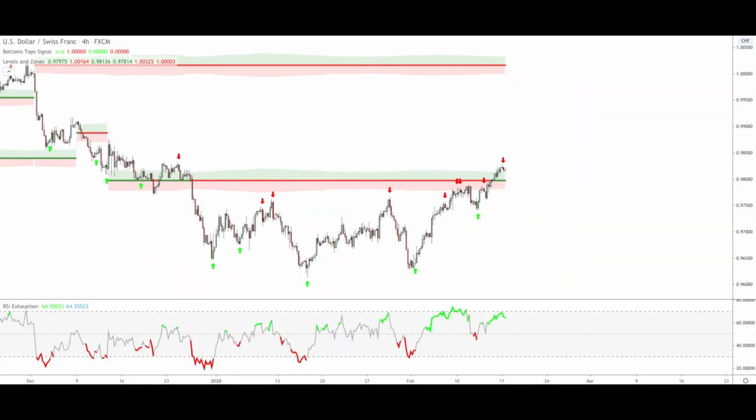So today we are on the US dollar Swiss franc on the 4-hour time frame. This pair has been in a downtrend for quite some time and is now trying to move up, but as you can see, we have a strong resistance up here. This is, by the way,